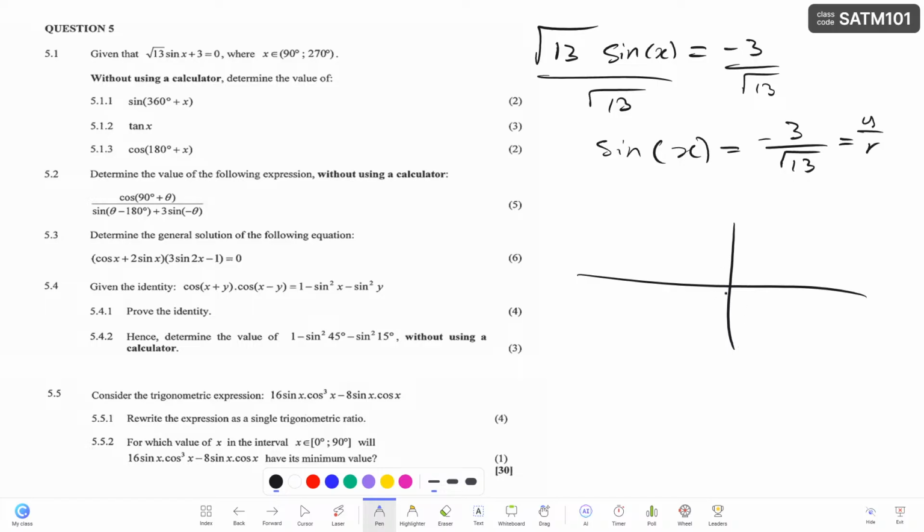The line is either going to be this side, because y is negative, or this side, because y is still negative on this side. Okay, no, we need to check the restriction. Since we are given that x is an element of 90 degrees to 270 degrees, we can't have this one. This one is wrong because it's exceeding the boundary. Remember when they said from,